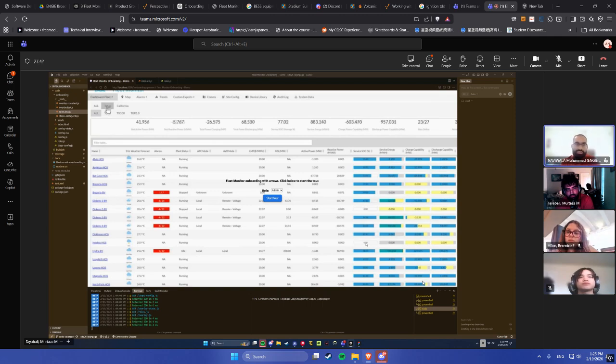From a tech perspective, Fleet Monitor is not like an Angular application or React or anything. It's not an application like that. It uses SCADA tools behind the scenes, and there's a SCADA software called Ignition. I don't expect anybody here to have ever used Ignition, but the way SCADA technology works is very different. We have dedicated developers who learn that and become controls engineers and SCADA engineers who work on this. So even if you try to learn Ignition, you're going to need quite a bit of time to do anything, right? So you're not going to come in and actually look at the source code of the website